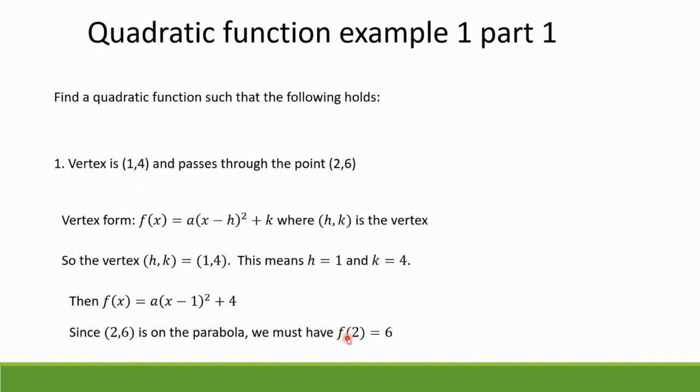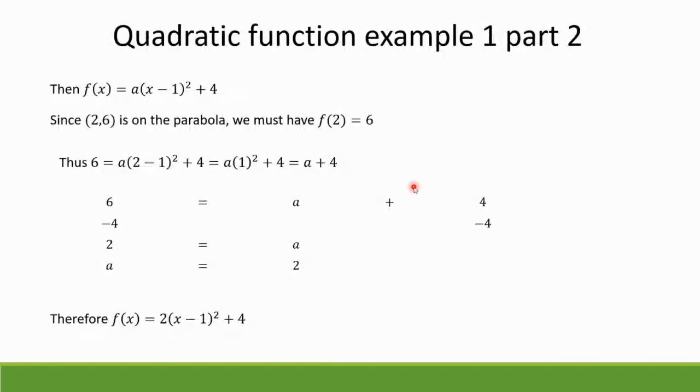Remember, if you're given something, you want to use it. They give it to you for a reason. If I didn't tell you that it went through this point, there would be nothing else we can do. Okay. So f(2) must be 6, as we just said. Okay, so we have 6 then